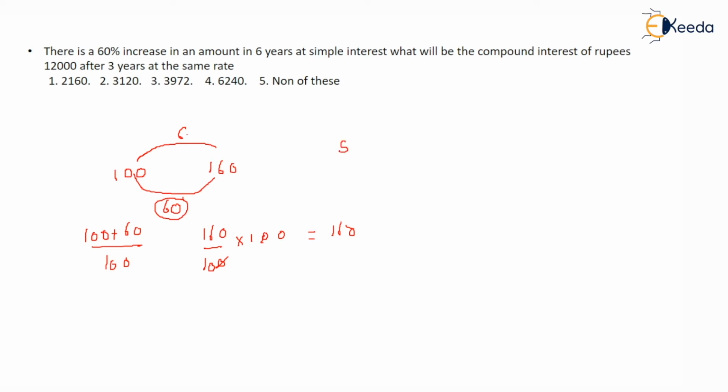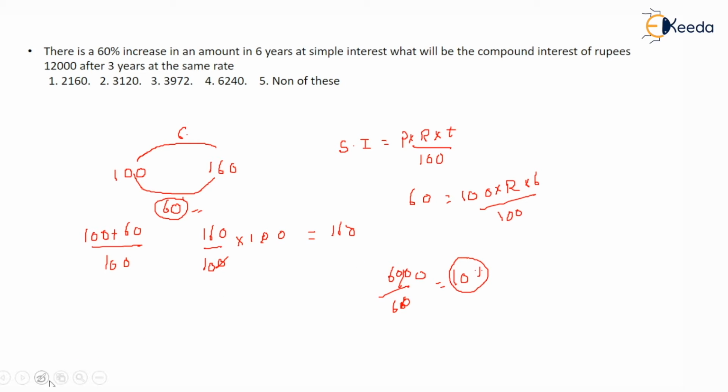So you can simply write simple interest is what? Principal into rate into time upon 100. So your simple interest is increasing by what amount? 60 rupees, right? Your simple interest is 60 rupees. The principal you invested was 100, and the rate of interest you need to calculate. Time is 6 years, over 100. So after doing this, 6,000 by 600, sorry, not 600, 6,000. Okay, 6,000 by 600, it is 10%. The rate of interest is 10%.